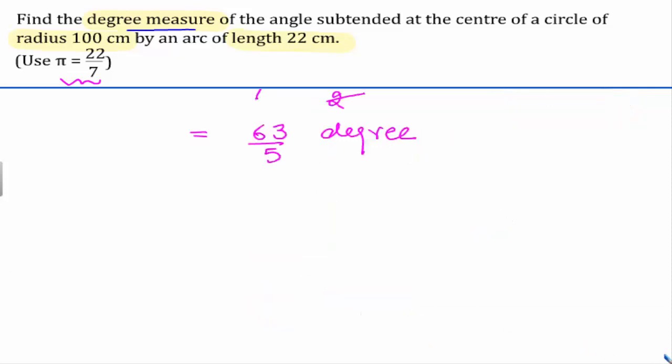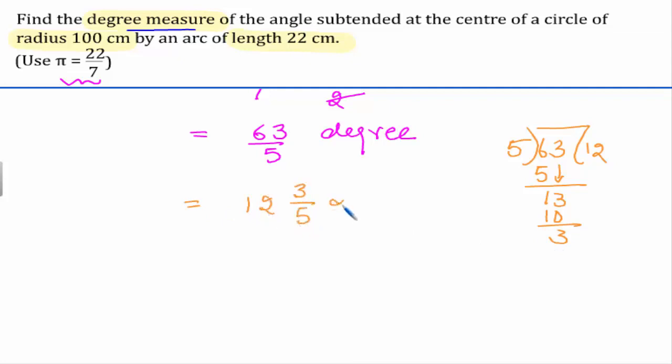Now let us divide 63 by 5. 5 ones are 5, 1 remainder, then we have 3 carried down forward, 5 twos are 10, 3 remainder. So this is equal to 12, then 3 upon 5 degree,